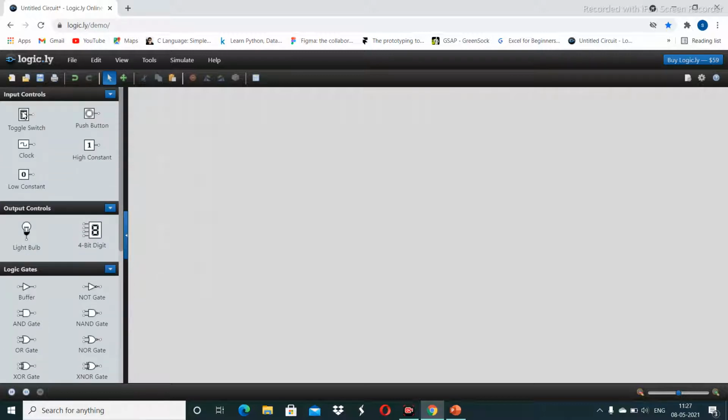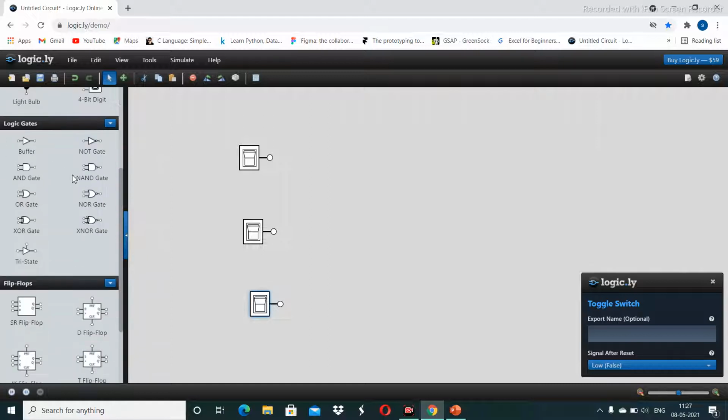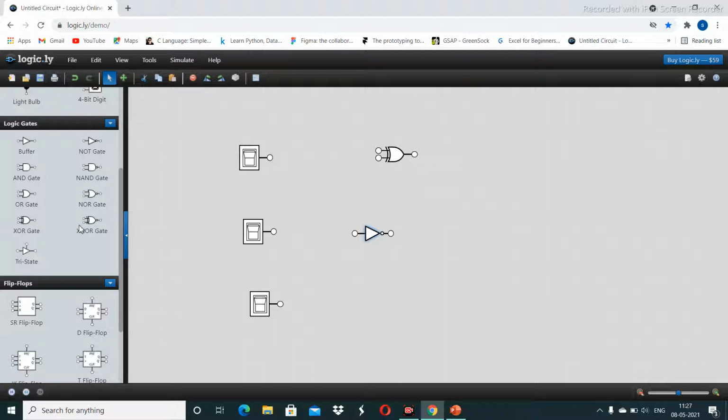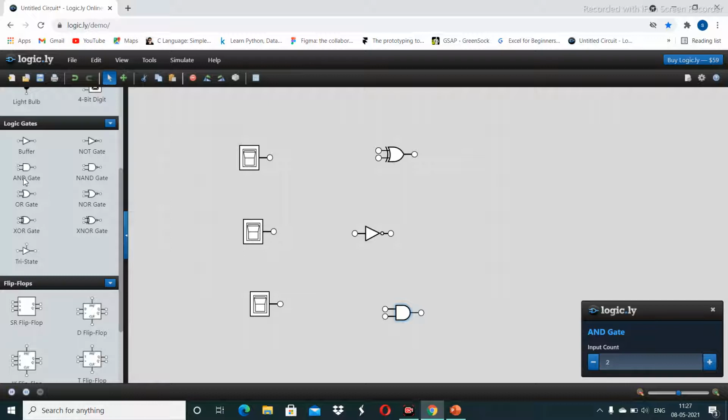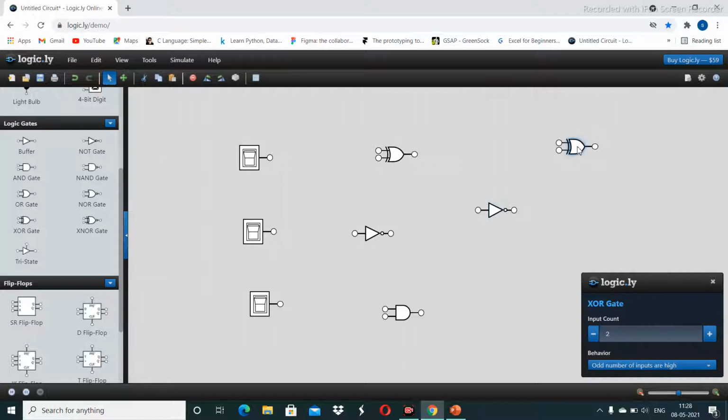We need 3 toggle switches and 1 XOR gate here, and 1 NOT gate here, and 1 AND gate here, and another 1 NOT gate is required for the circuit. Also an XOR gate is required, and another 1 AND gate.